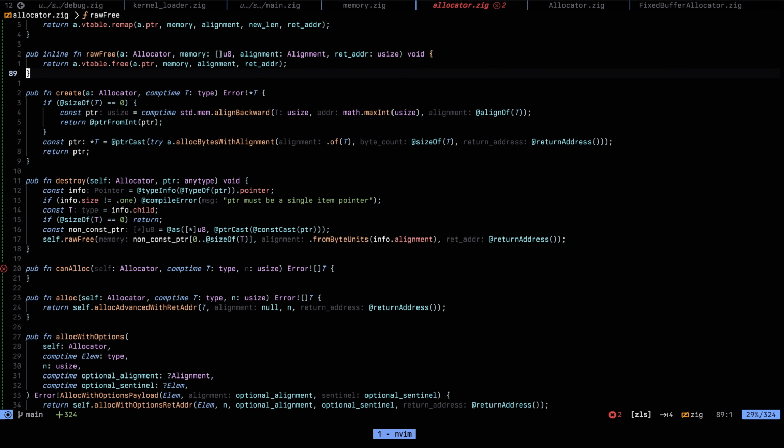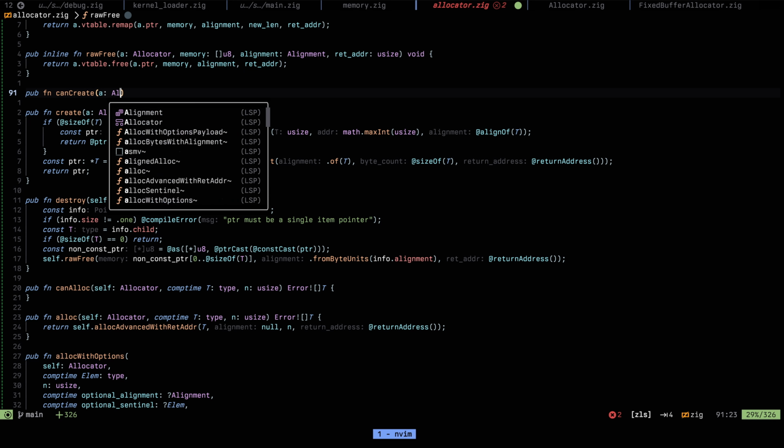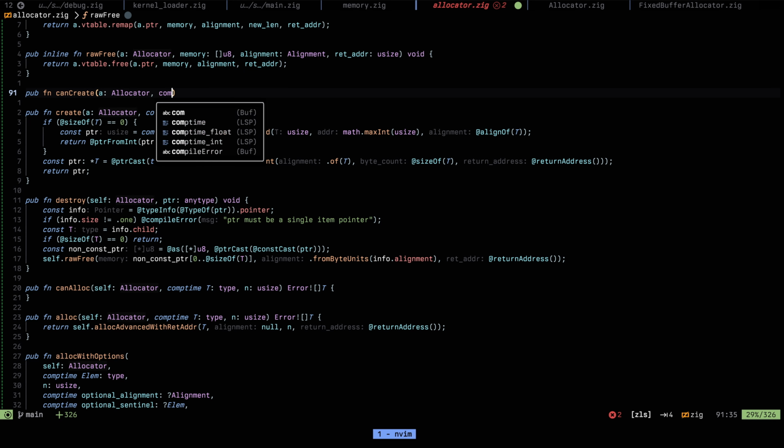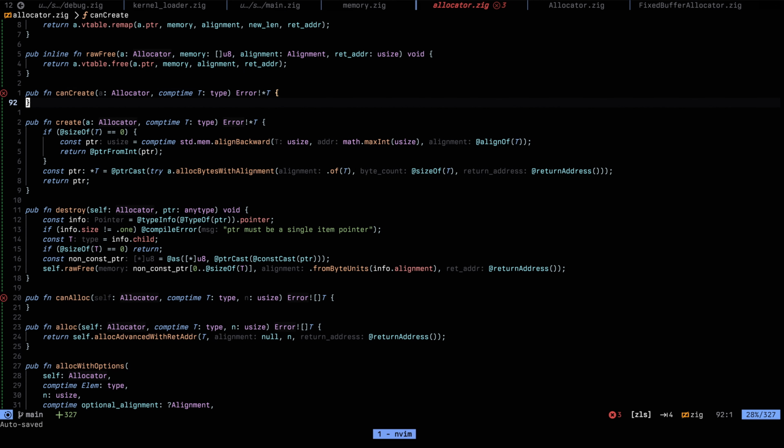canCreate function here. So public function canCreate. Yeah, okay. So allocator, and this one is comptime T of some type. Then this returns error or otherwise a pointer to a T. Cool. So I think both of these should just get the size and call into